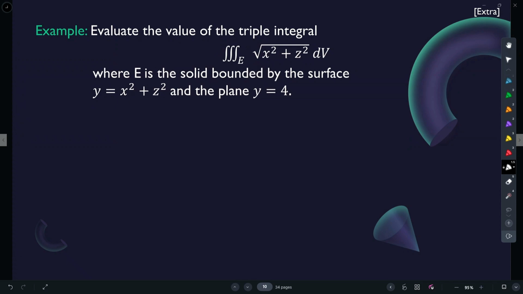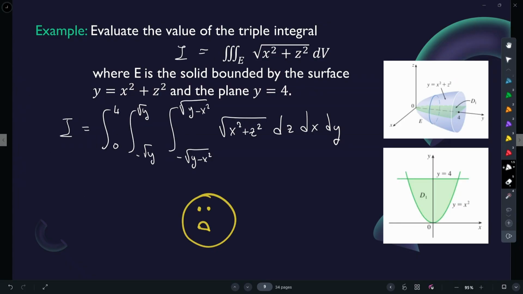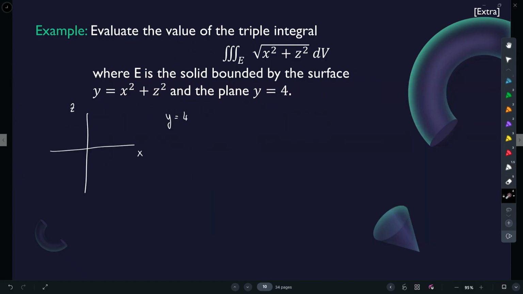So I'm going to, first of all, see what is happening in the xz plane. That's going to be my base. In the xz plane, when I just put y equals 4, I can see what the cross-section is at the top, like this cross-section right here. When y is 4, I get 4 is x squared plus z squared. So the projection down to the xz plane, or the projection to the left to the xz plane in this case, is again a circle of radius 2,